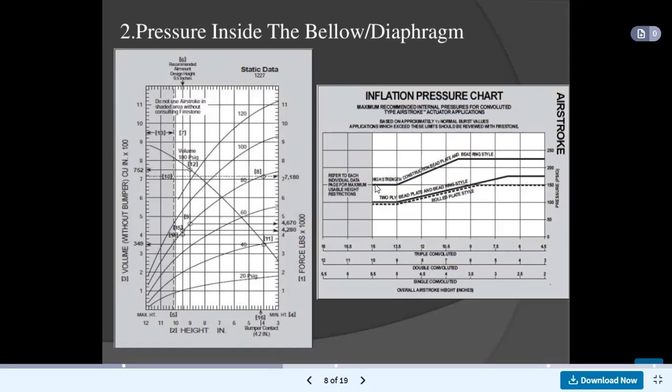So if we observe here, this is high strength construction bead plate and bearing style. So we see this type of nature. 2-ply bead plate and bead king style. This is another graph, and roll plate style. This is the third graph. So according to the different types of air springs or gas springs, we get different values. So 3 different scales are provided here.